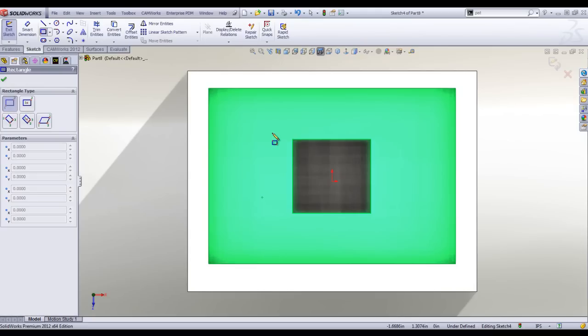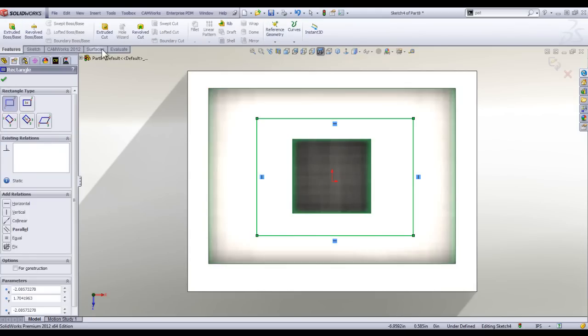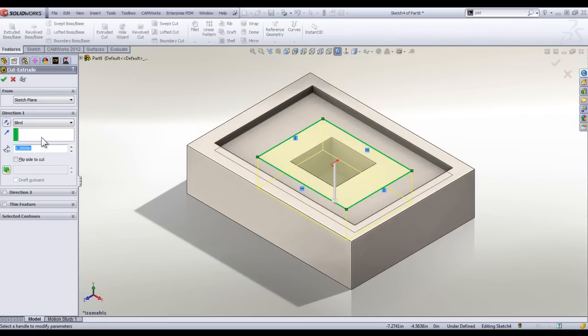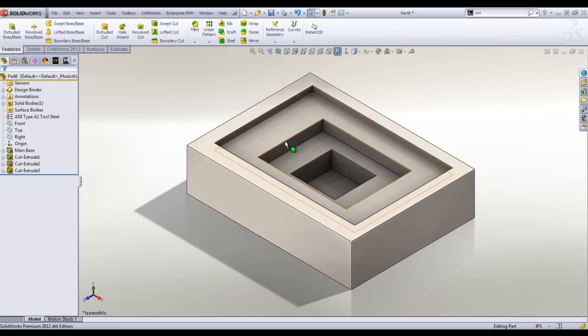So on purpose, I am making these cuts in a different order in the feature tree here. Oops, wrong way. So this one's going to be a little bit shorter than that. So I created this cut first, then I created this deep cut, and then I created this one here. So this one is kind of like in the middle. Now when we go into FeatureWorks,